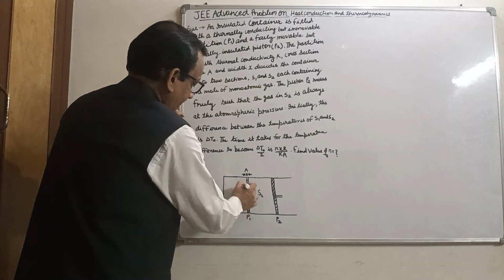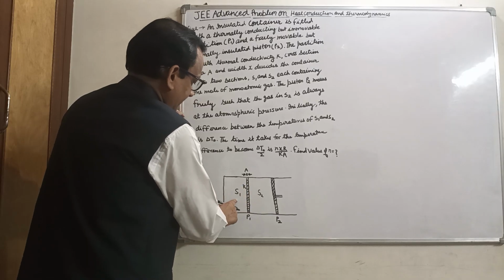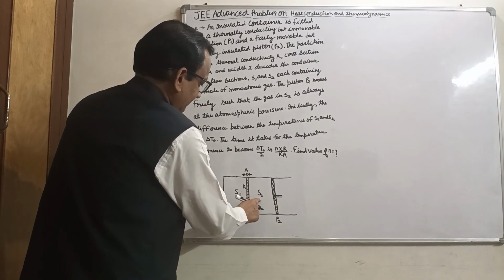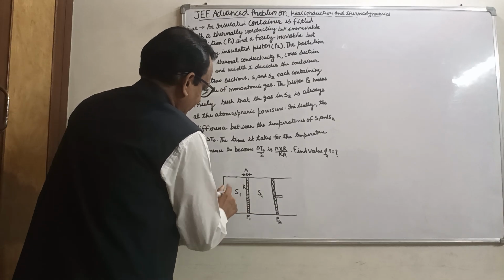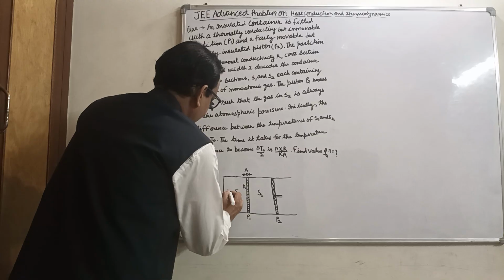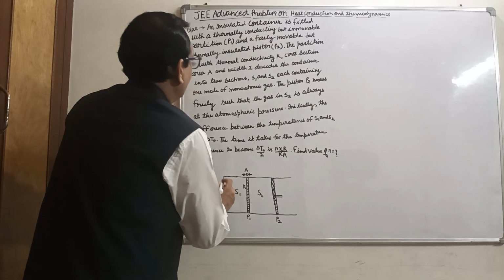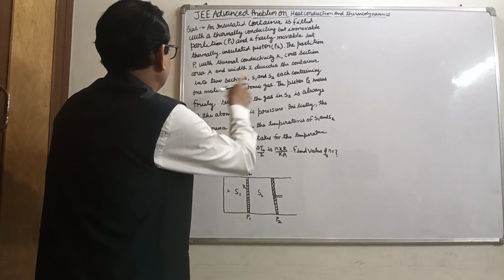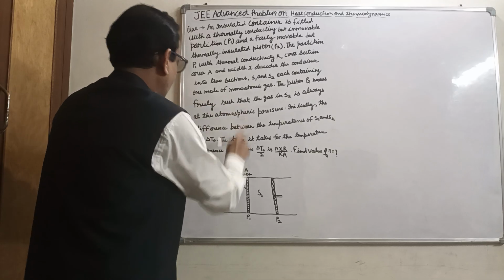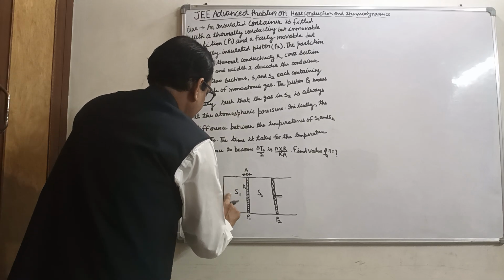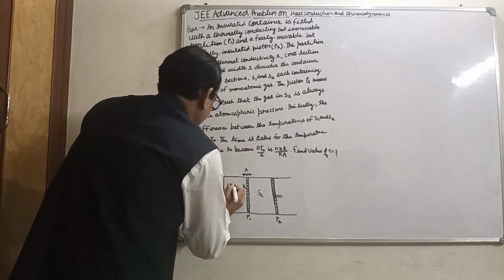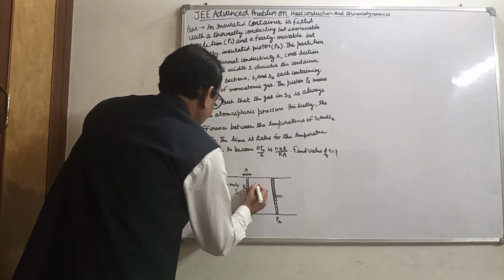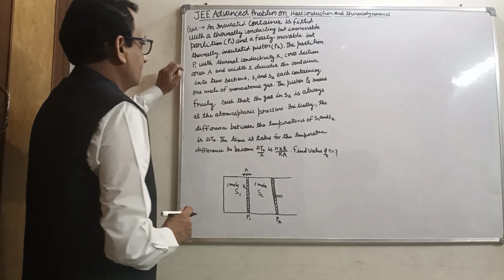This is a partition, say S1, and this partition, say S2. This is another partition, and this partition contains 1 mole of gas. This is 1 mole of gas. This is 1 mole of gas. So this also contains 1 mole of monoatomic gas, and this partition also contains 1 mole of monoatomic gas.